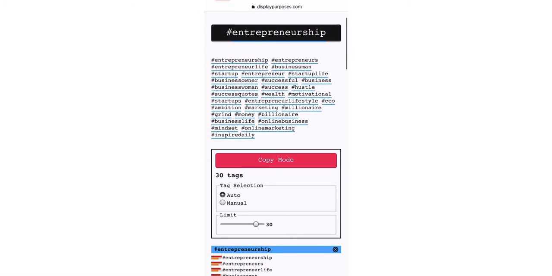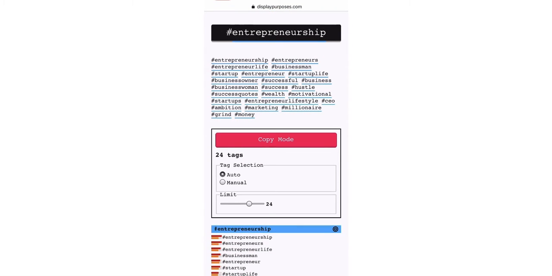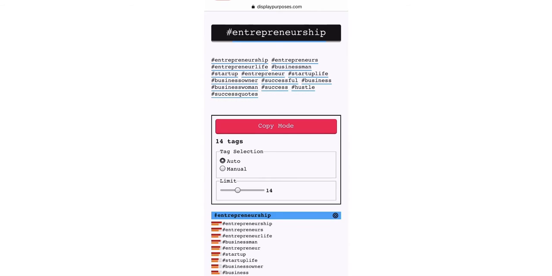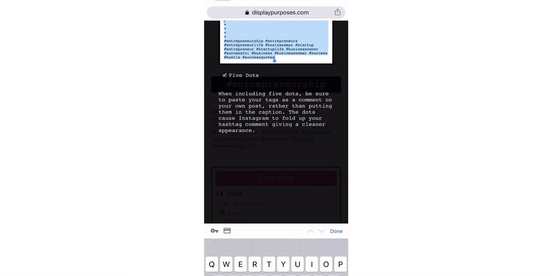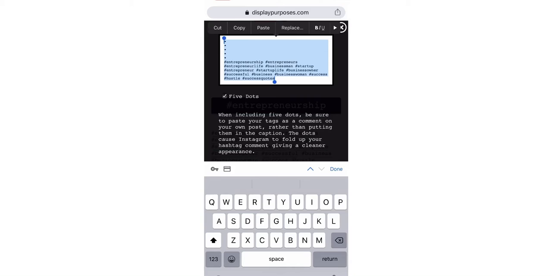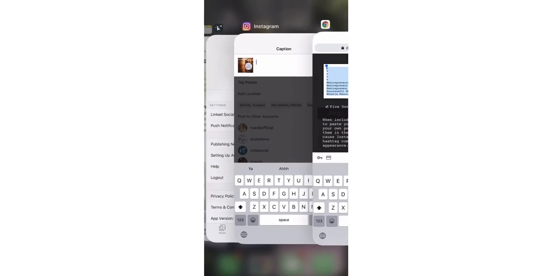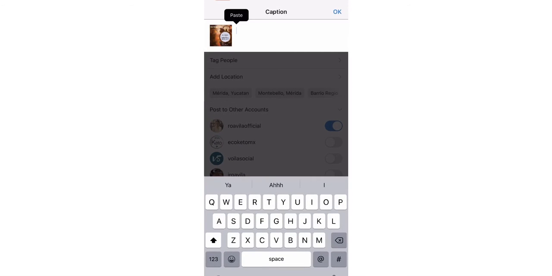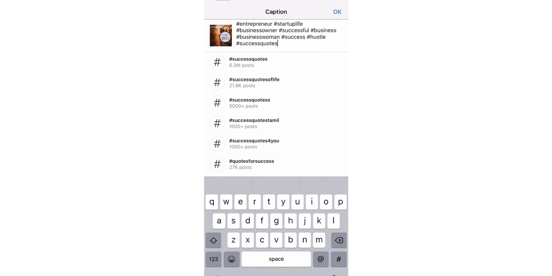You can choose here if you want less hashtags. Let's say that you only want 14 hashtags, so you can go into copy mode, and you can copy already the five with the 5 dots, and you can copy all the hashtags there. Then you can go to your Instagram, and in the post that you're gonna post, you're gonna paste all these